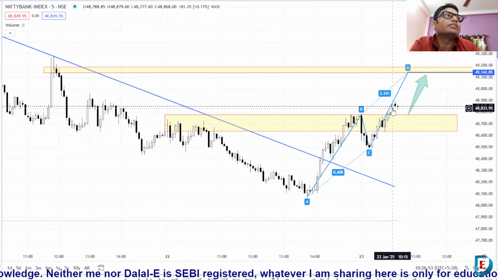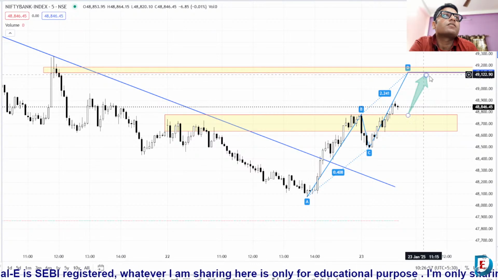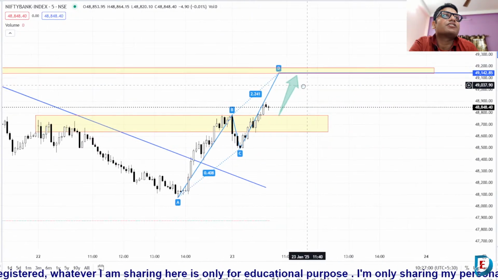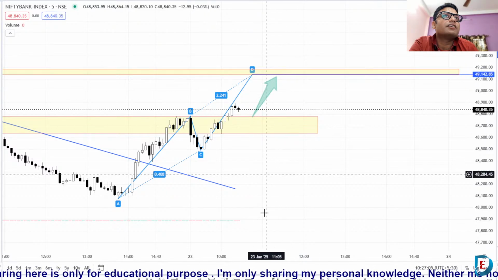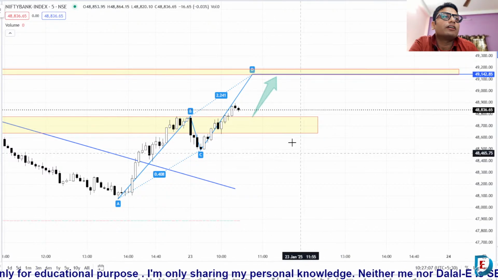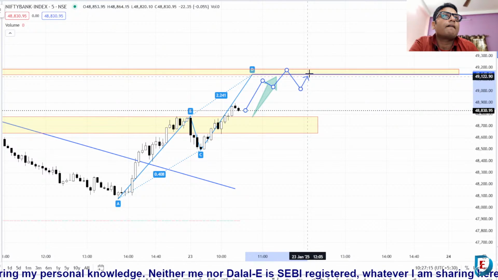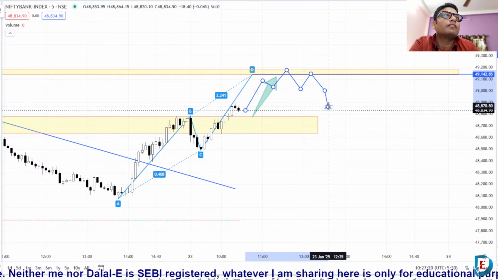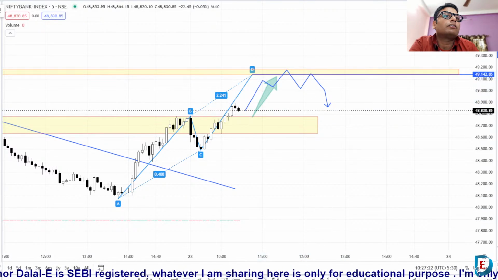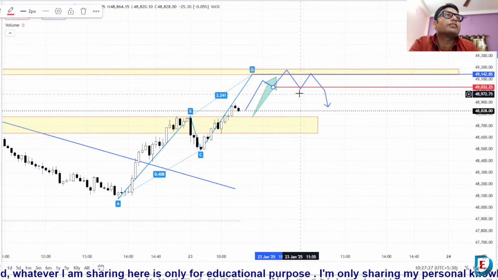I already mentioned the price may go up to here, and then we may take some rejection. We may witness a rejection, and if price took any rejection from here and price moves like this, and then if any this kind of level gets broken, this will be the short opportunity. If any kind of price action happens here,